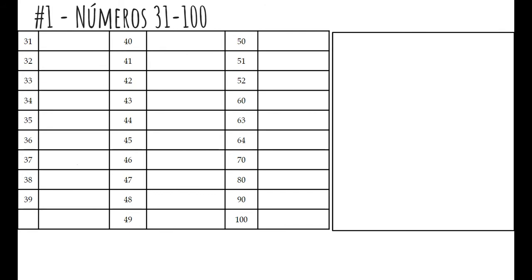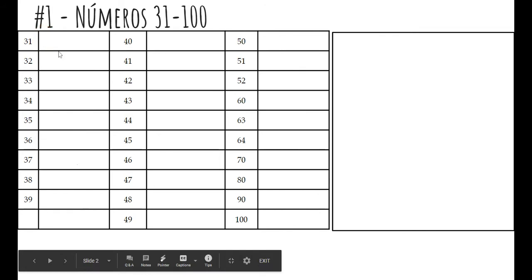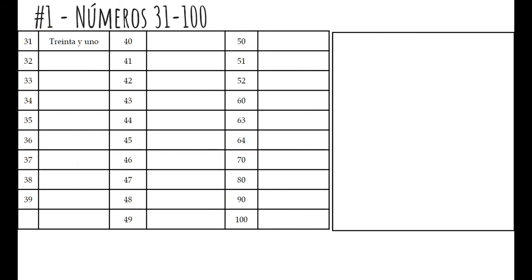So starting at 31 here, you get a new pattern. So up through 29, you've had the words written out in one word. So 29, all one word. Starting in 31, they're going to break it out into three words. It's going to be the decade number, and then an "y" and then the single digit number. So 31 is treinta y uno, 32 is treinta y dos, you have 33,